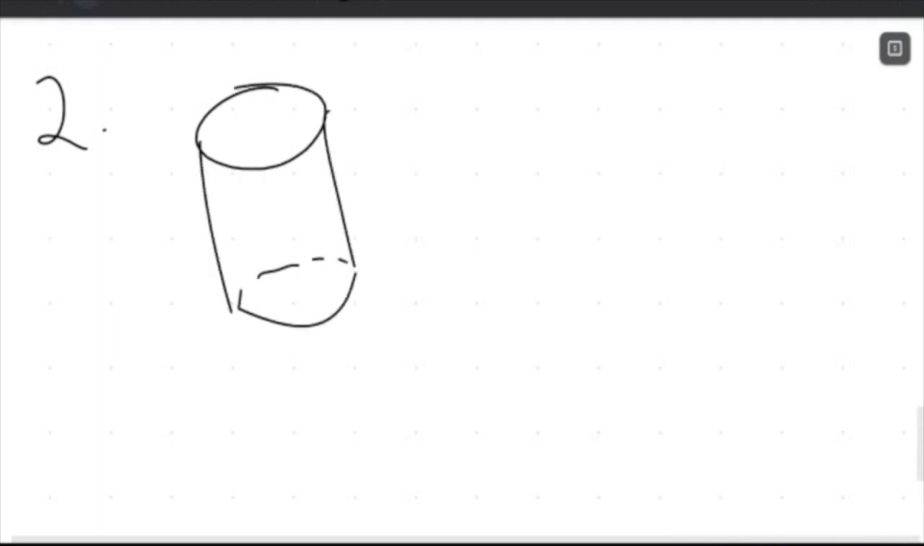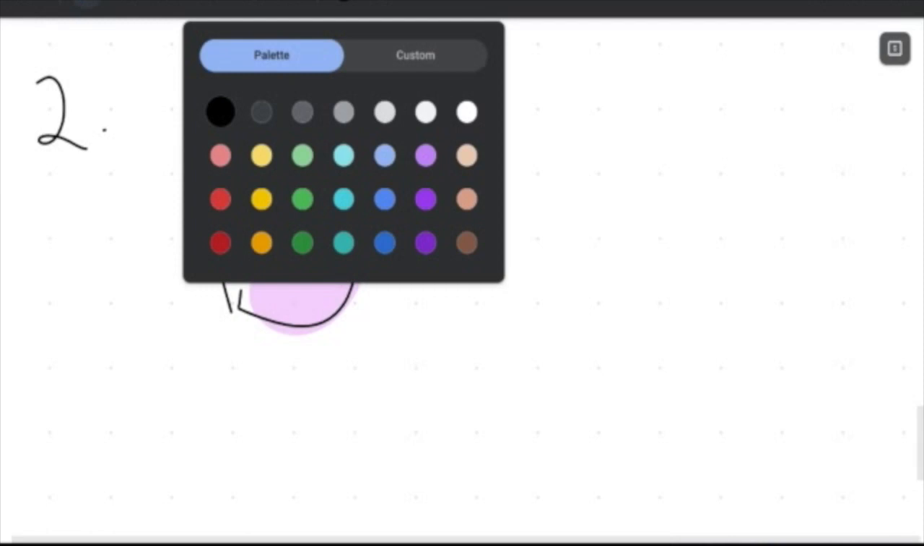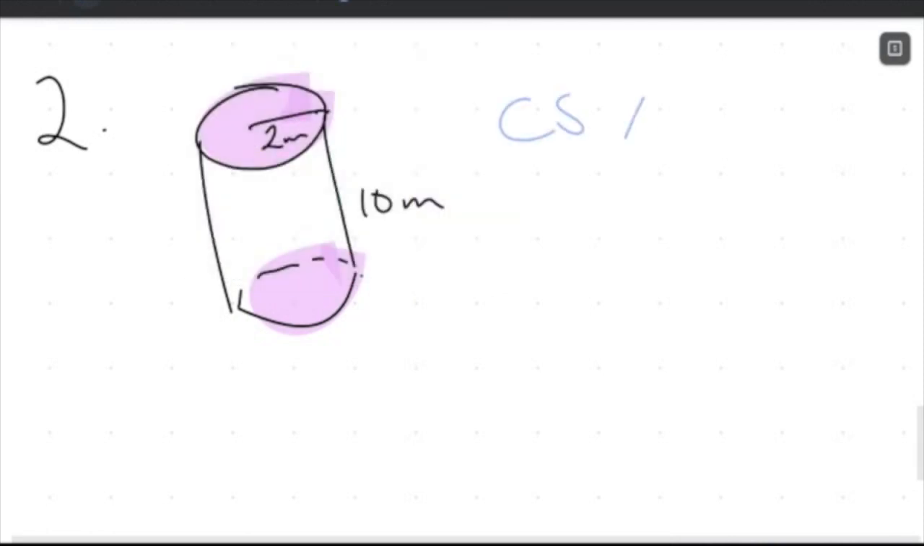So, taking a look at another question, let's look at this cylinder here. And it has a radius of 2 meters and a height of 10 meters. So once again, I have a cylinder with a circular cross section. So I want to find first the cross-sectional area. So the cross-sectional area